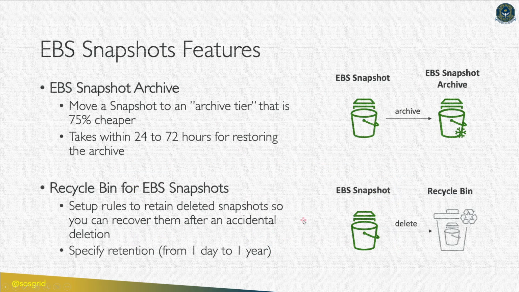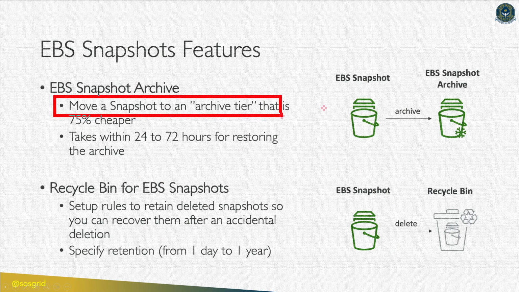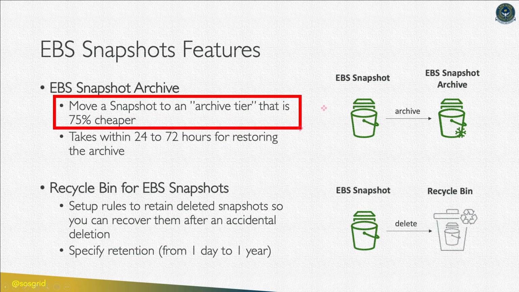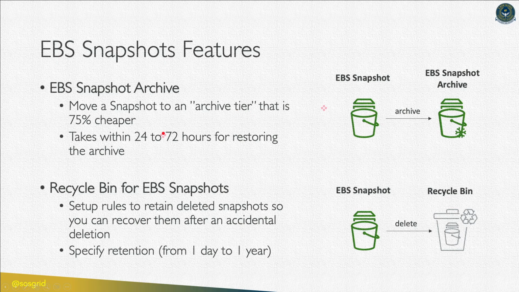Good. And one more thing about snapshots is that you can also move a snapshot to an archive tier that is 75% cheaper. Sometimes you might not want to use this snapshot for a long time, so you might just want to move it to an archive tier. It takes within 24 to 72 hours for restoring the archive, if you want to bring it back. And then you can also recycle your EBS snapshot, so after an accidental deletion, you can recover it. Okay, so we'll get into the practical right